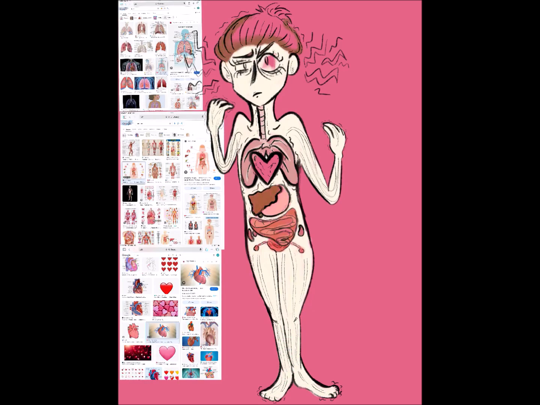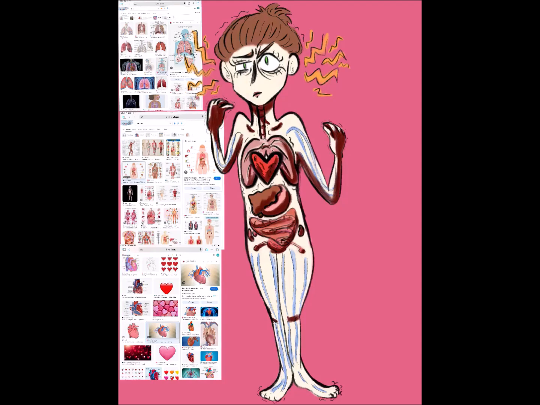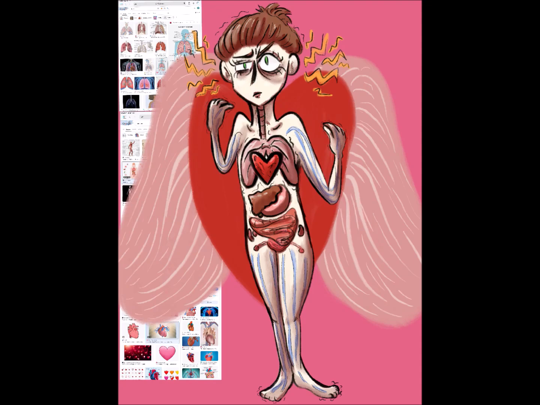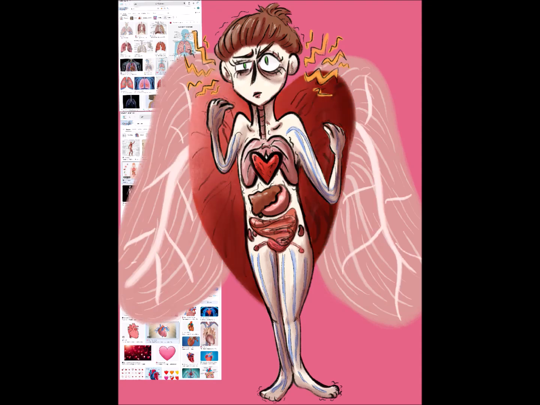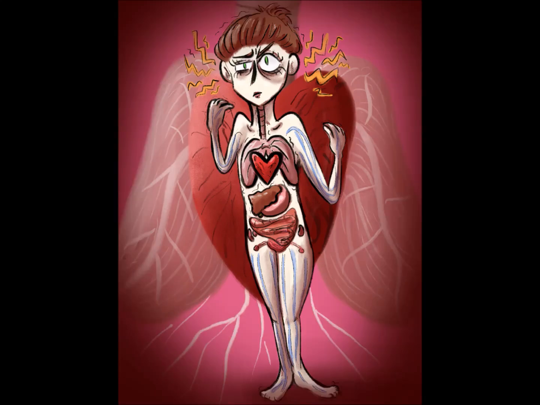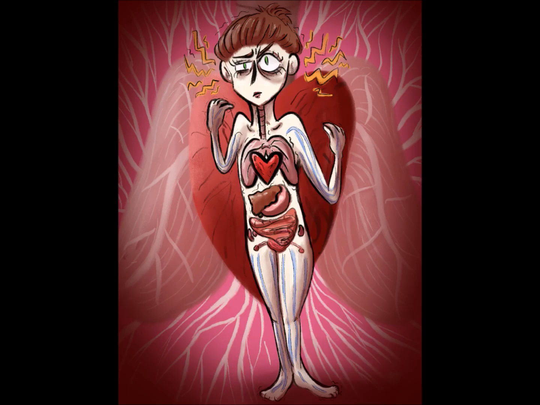In this piece, I drew in veins and various organs that the character is hyper-aware of. I also had their hair tied up with the idea that maybe they're trying to have it out of their way so that they won't think about the sensory experience of their hair touching their body. Also, I was originally going to draw an actual human heart, but that was too hard, and I gave up, and I was like, it's a cartoon. They get a Valentine's heart. Now, that is not a normal bodily function, and they should get that checked out. I also put the giant lungs in the background to show how their thoughts about their body are taking over their life.